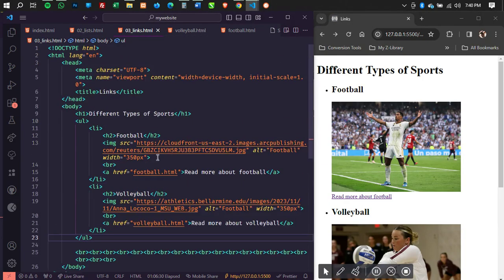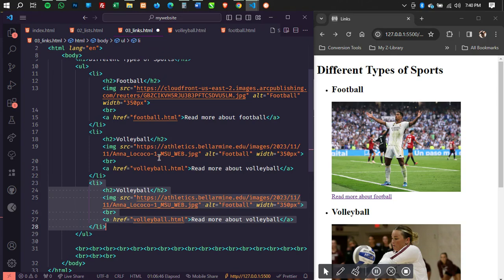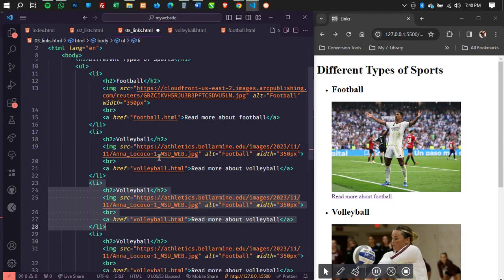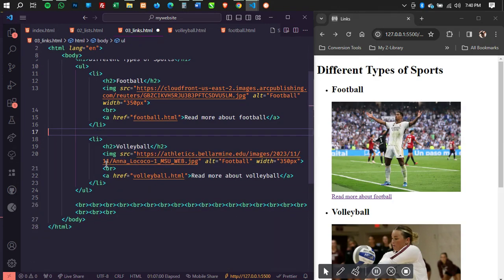And then let me just duplicate this. So another thing you can do in Visual Studio Code is when you want to duplicate something, you highlight it, you press Alt and Shift, and you press what? The down arrow key, and it's going to create a copy at the bottom. If you want to duplicate it to the top, you can just press the up arrow key and it will duplicate it to the top. So that's one thing about Visual Studio Code. It helps you to be a lot more efficient when working.